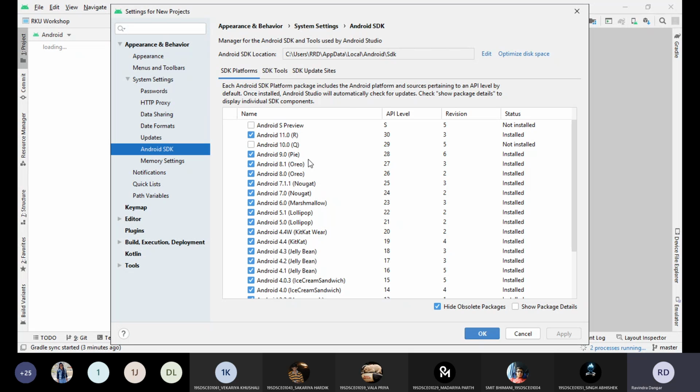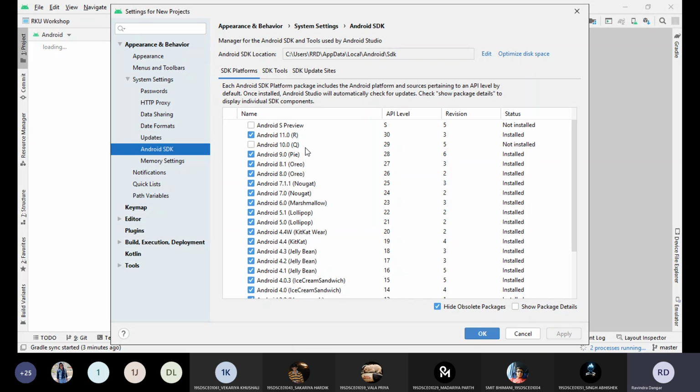So we need to assume that mostly the people will use this kind of version, so that your application can at least be installed in each mobile. Fine. So this is a very critical thing. It is not that, let's say Android 11 is there, so let's start building the applications in Android 11 only. In that case, your application may work for your mobile only, or let's say your 2 or 3 friends only. So always make sure that you start building the applications in the lower versions, so that it can be installed in all the mobiles, or we can say in most of the mobiles. Are you getting what I'm trying to say?